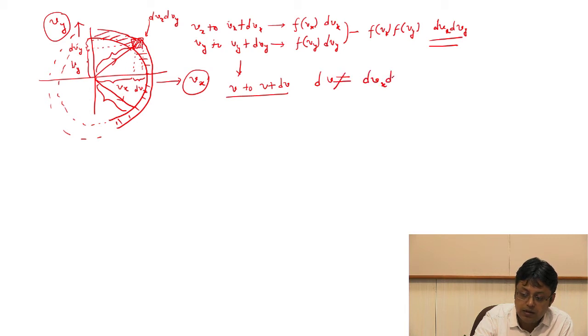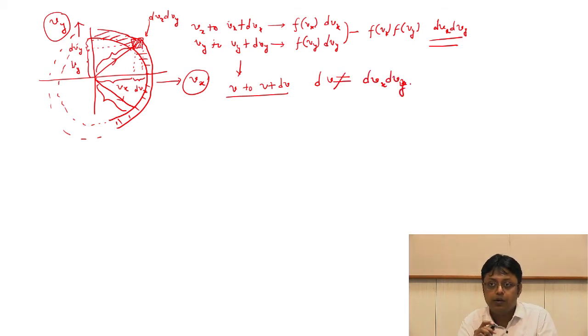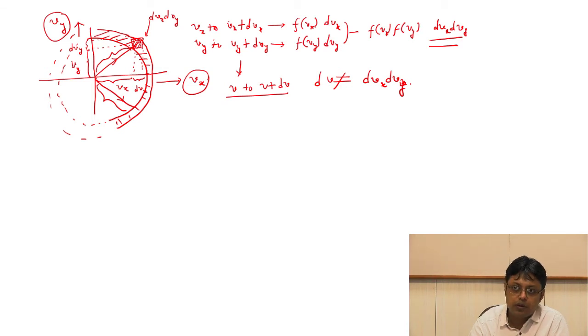You can get dv from dvx dvy in a very clever way, and we'll show you in a minute. But there is an alternative way to calculate it. How do you calculate the dv? Now it is very easy. All you are asking is that you have a circle which has a radius basically v plus dv. So the area of the circle is nothing but pi r square. So in this case it will be pi (v plus dv) squared. And then